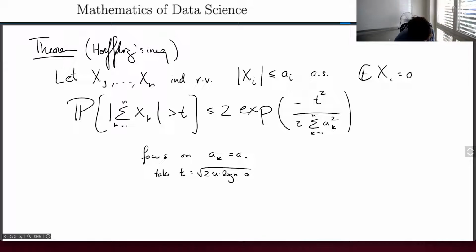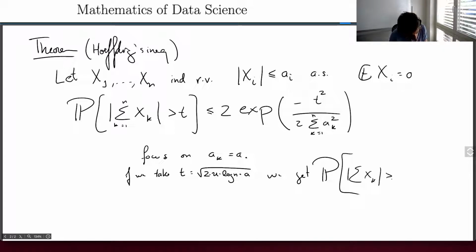So the product of these four things. So what do we get? We get the probability that the absolute value of the sum of the xk's is bigger or equal than